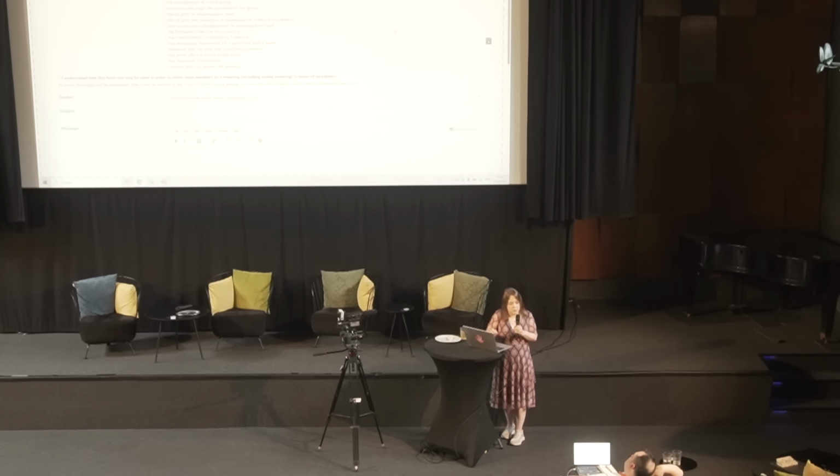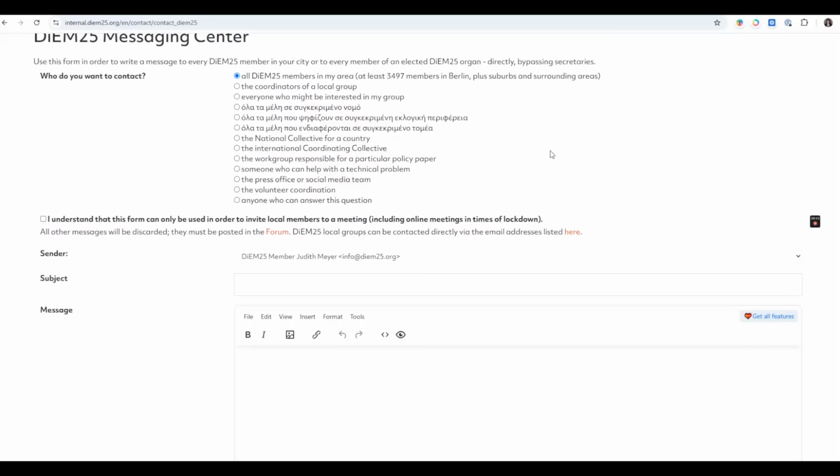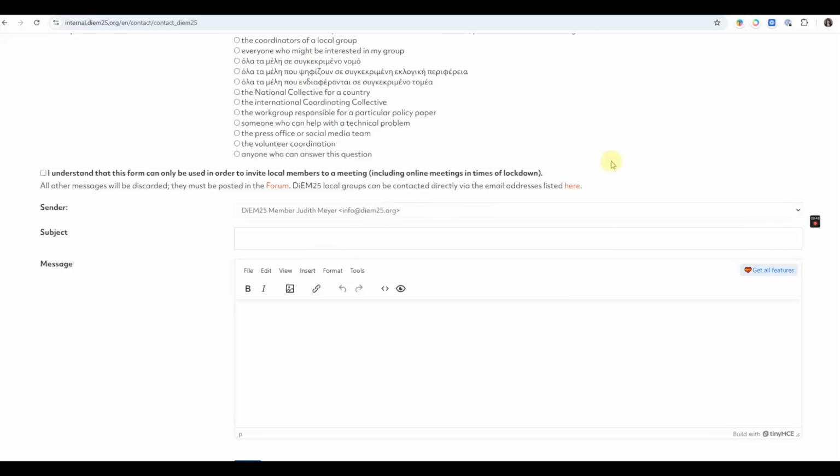But actually, when this newsletter goes out, it goes out to about, I think, 10 times more people usually because of all the newsletter subscribers. So with this option, all the members in my area, you're actually also sending it to everyone who receives the newsletter. And for newsletter subscribers, we often don't know the exact city they live in because they didn't fill that out when they signed up for the newsletter. But we're doing some triaging based on the IP address. If you're regularly reading our newsletter from an IP based in Oslo, then you're going to get messages from your Oslo local collective. Same thing, it looks like a normal email form, it's not complicated like newsletter software, but you can actually send a newsletter this way.